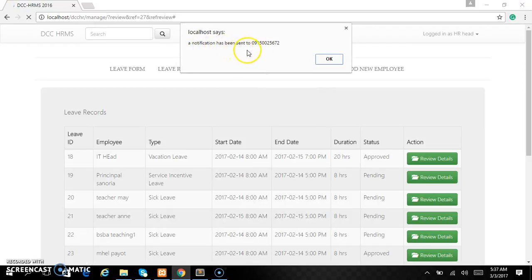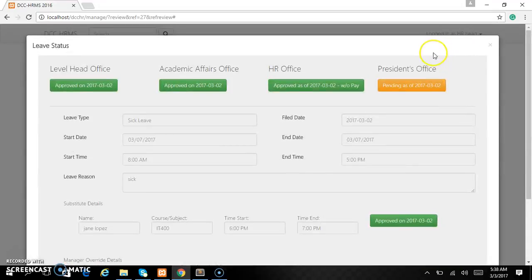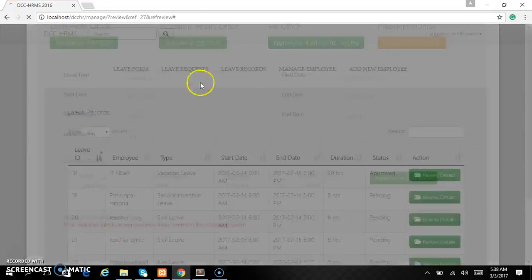The applicant will receive a text notification alert from the system regarding the status of the request, that the HR has already approved. So Alvin Bulacito will receive a text message that the leave application is already approved by the HR. Okay, and skip this one.